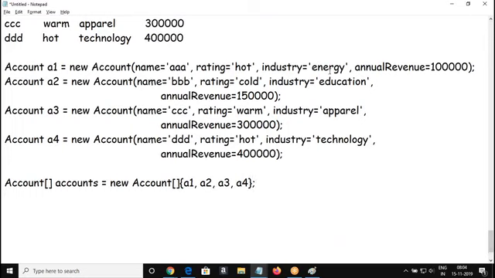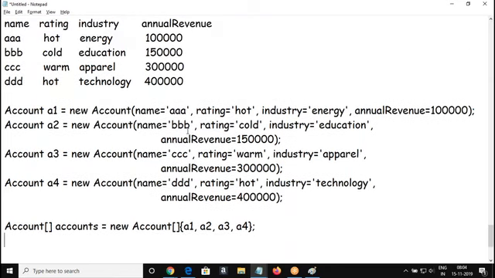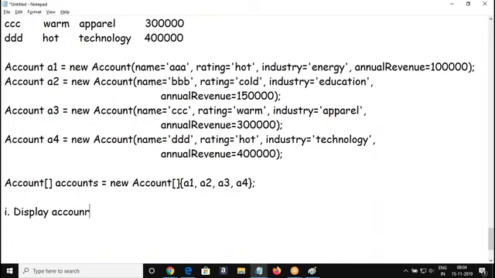Right, we got this. So now my requirement is to display the account records one by one in the log from the array accounts.